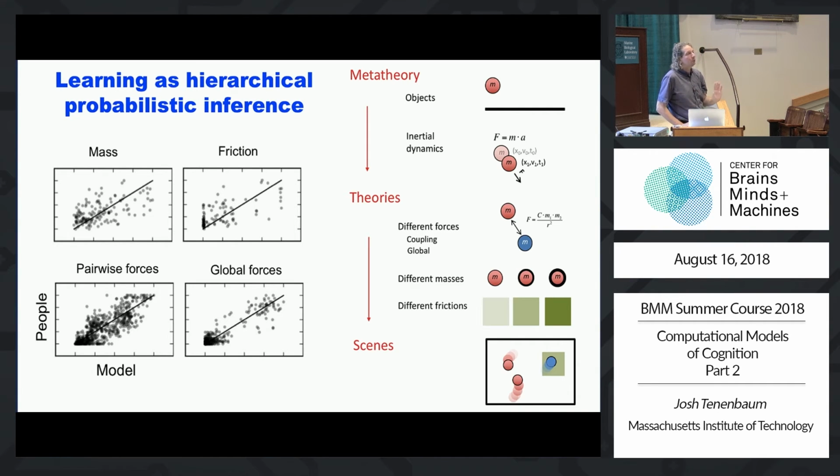I think there's a lot more work that has to be done to make this a better model of what people do, but it shows, at least in principle, how from a hierarchical probabilistic program point of view, you can capture this very rapid learning about a range of different ways the physical world could work. This isn't how I think babies build their intuitive physics, but it's a kind of learning you can do to tune and adapt your intuitive physics to all sorts of ways the world presents itself to you.